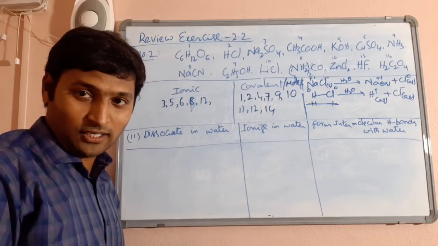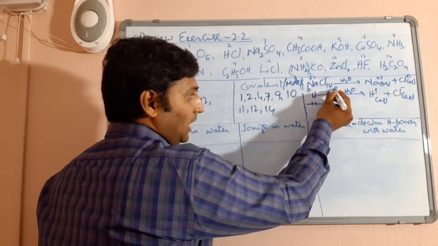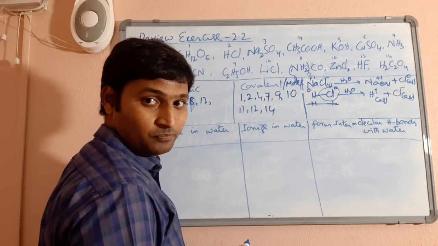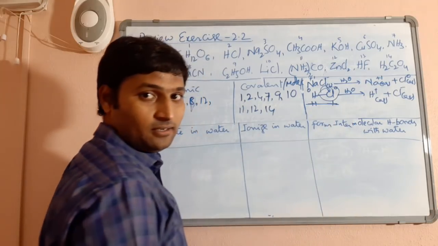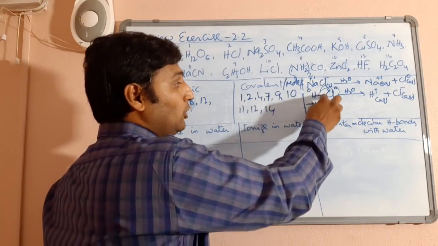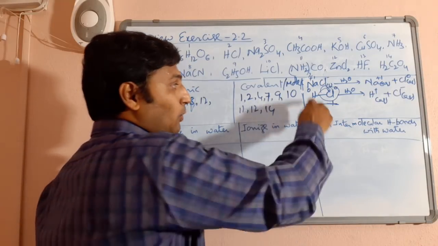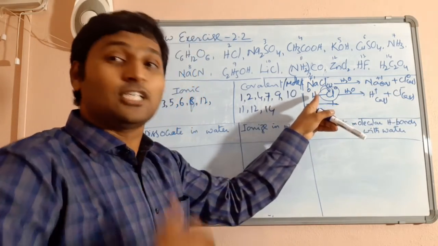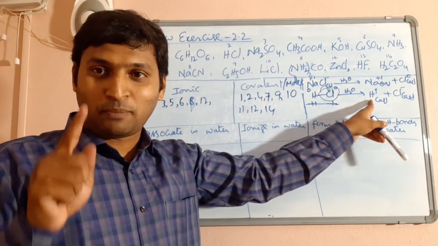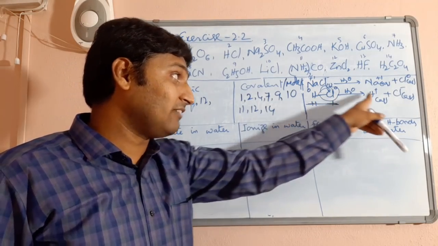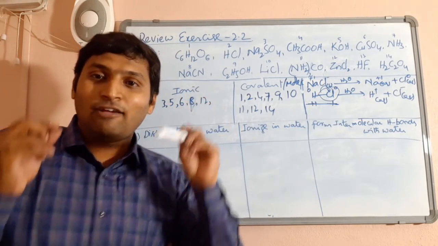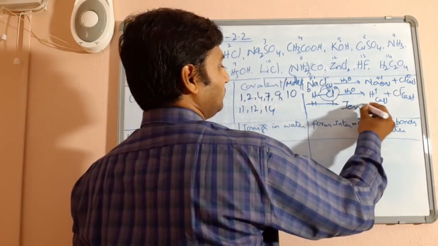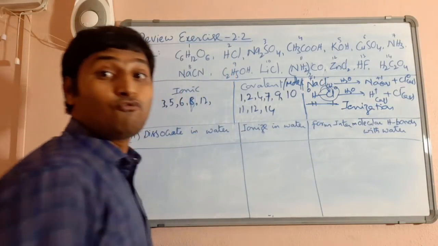Whereas when it is dissolved in water, because chlorine is already more electronegative and electrons are already more displaced towards chlorine, both the bonding electrons shift here. Now when formed, they were formed by donation of 1 electron each. Now both electrons are taken by chlorine, that means chlorine is gaining 1 electron, so became anion. Hydrogen is losing 1 electron, so became cation. So please understand, neutral particles have turned into ions here. In any phenomenon where neutral particles become ions is called ionization, because ions are formed here.